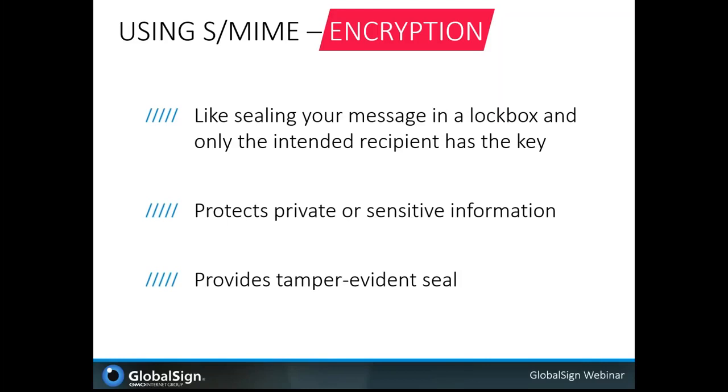Like digitally signing, encrypting your email also creates a tamper-evident seal on the message contents. Part of the decryption process involves comparing the message contents before and after encryption, and readers would be alerted if the two don't match. It's important to note that encryption alone does not provide any information about the sender of the message, like digitally signing does. So we recommend always including a digital signature when encrypting emails to prove the identity of the sender.